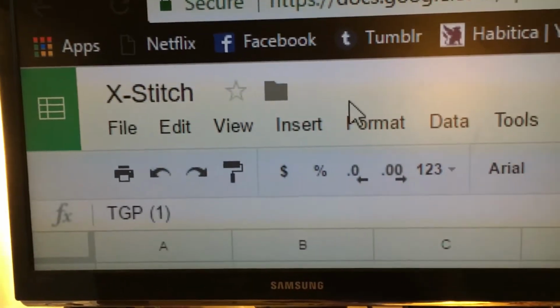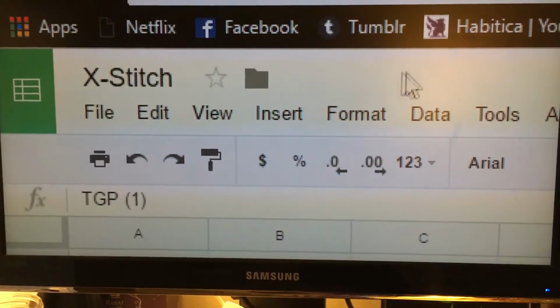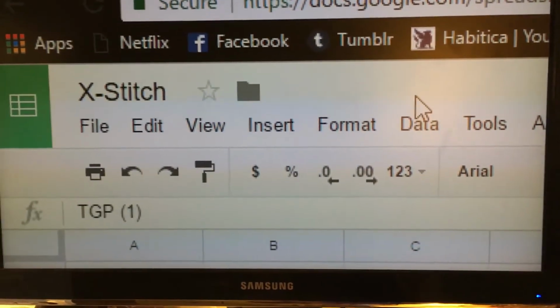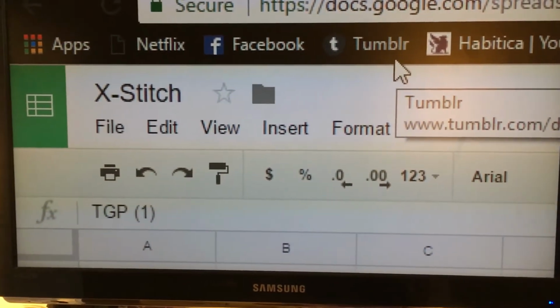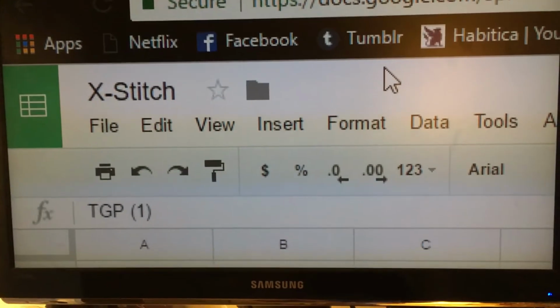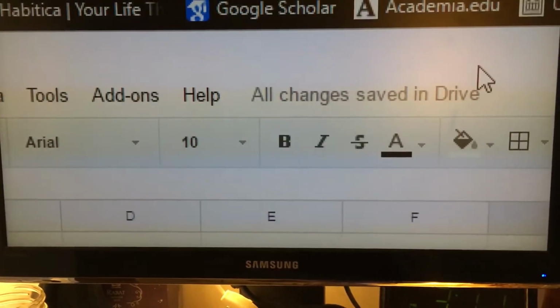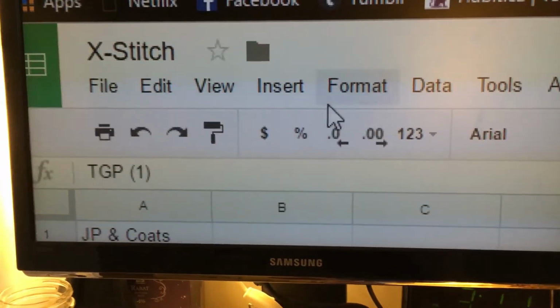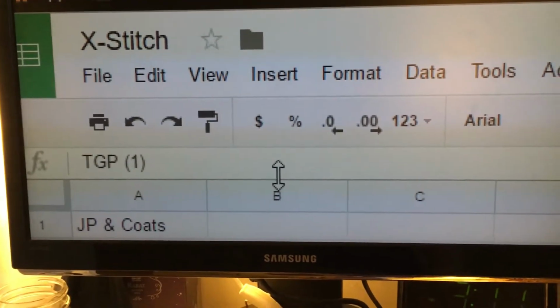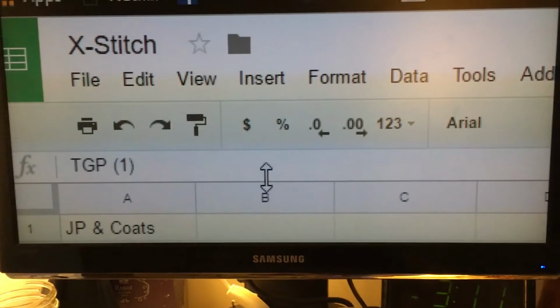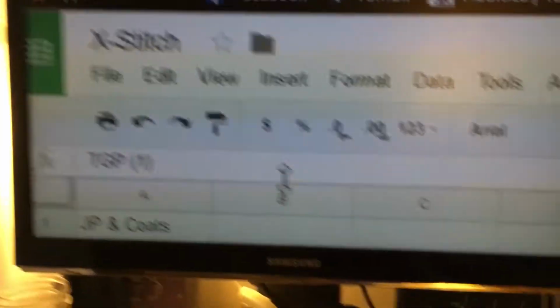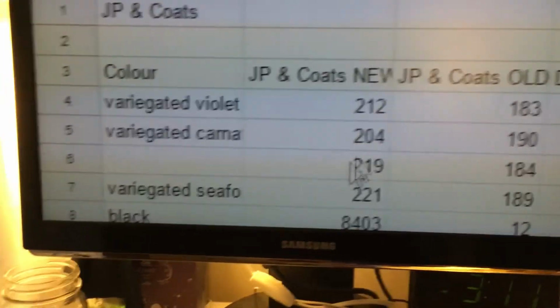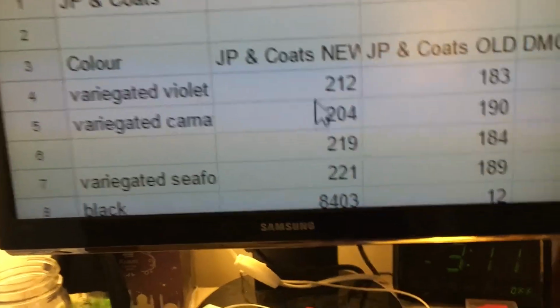Google Sheets is you can get it anywhere. It all saves to Google Drive, so you make a change and it saves automatically. See, all changes save to Drive. You don't have to worry about backups or saving. It all gets saved to the Drive, and it works pretty much like Excel. It's probably not quite as powerful, but just for making lists and being able to sort them, I don't